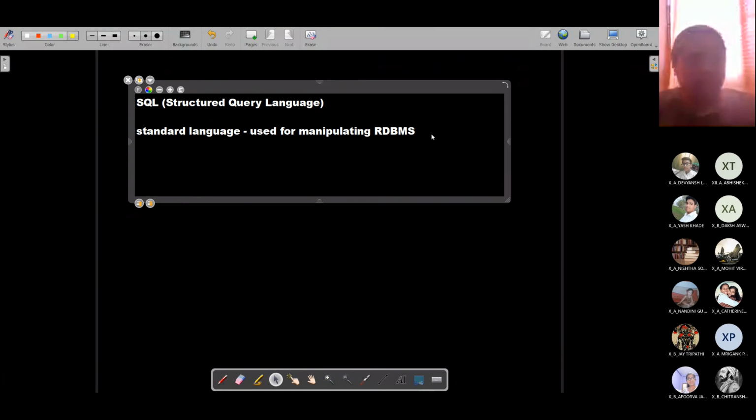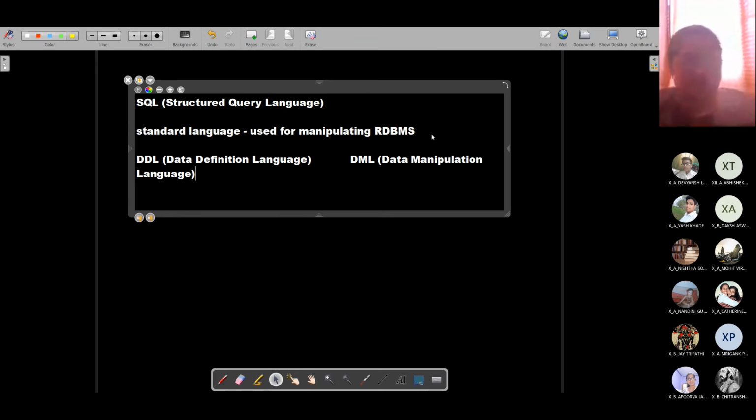So yesterday we saw one DDL command. As I said, SQL is divided into various different parts, and the most prominent ones are DDL and DML. So I would want you to write their full forms. DDL stands for data definition language, and DML stands for data manipulation language, right? So when we talk about data definition language, it's all the commands related to defining data,